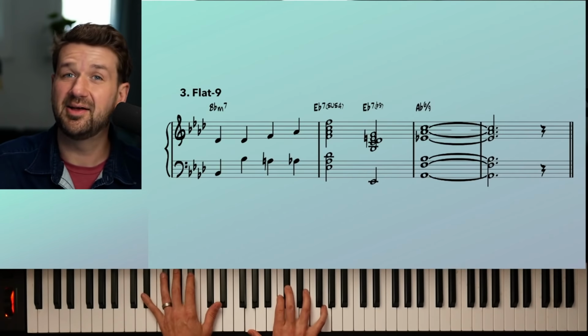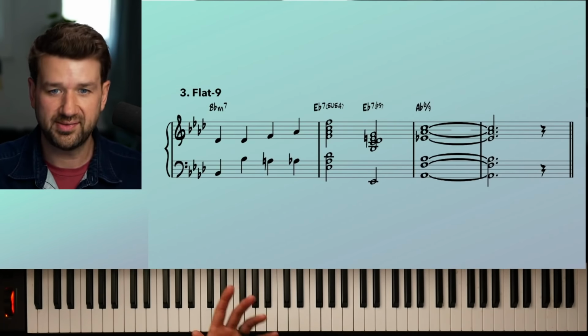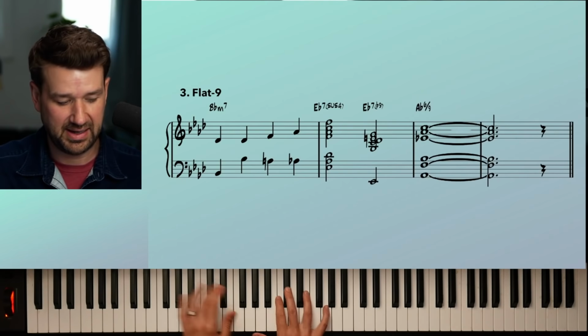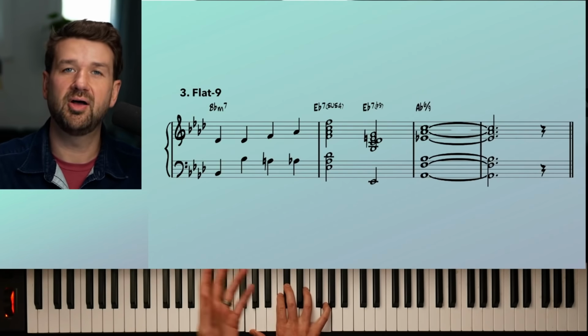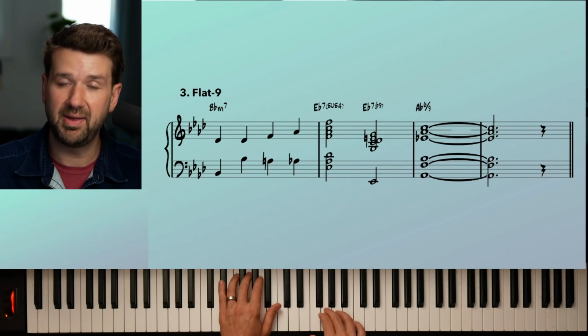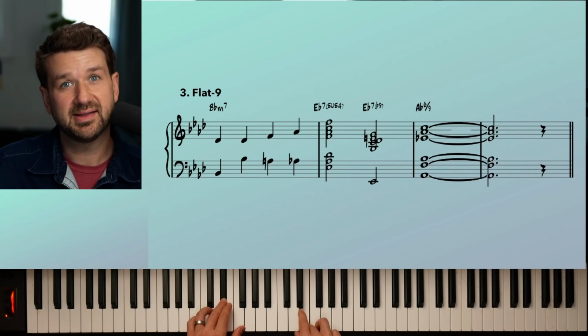How great is that? I love this one. I think this one is the best so far to voice this melody, right? This G to A flat here in the key of A flat. This is something you hear all the time. The flat 9 sound works really well when the melody is the third of your dominant chord because it's supporting